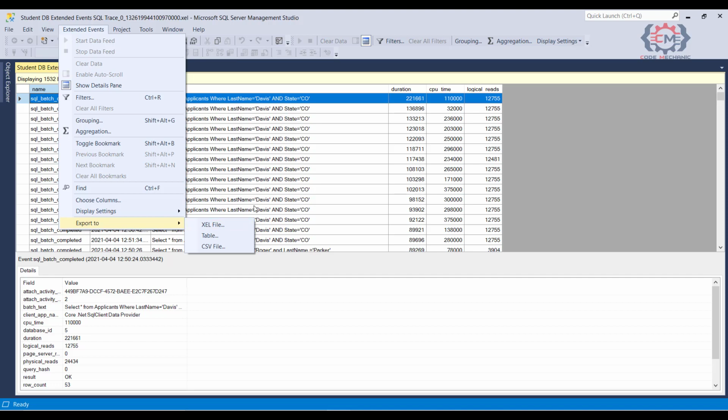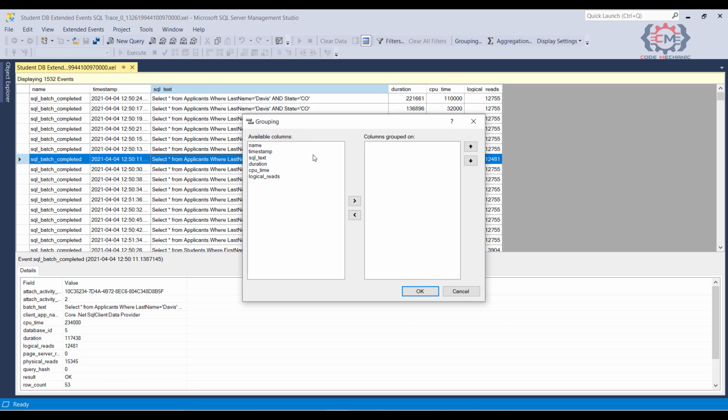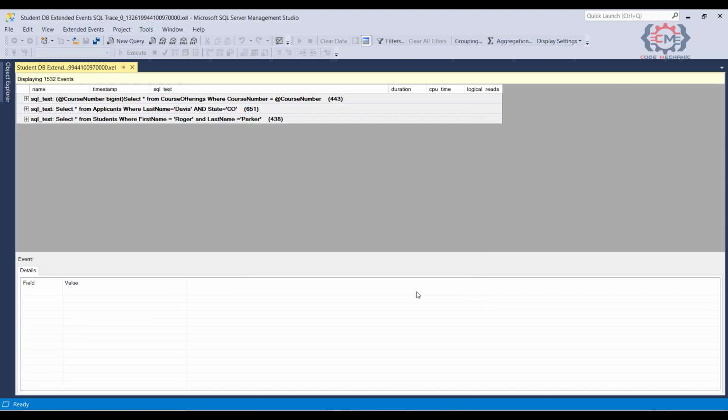One of the other features that Management Studio gives us is that rather than viewing just a list of raw events like we are now, we actually can group our events together and generate aggregate statistics on them. So let's do that. First, I am going to aggregate my data together by the SQL text of this statement, which is this column, SQL text.